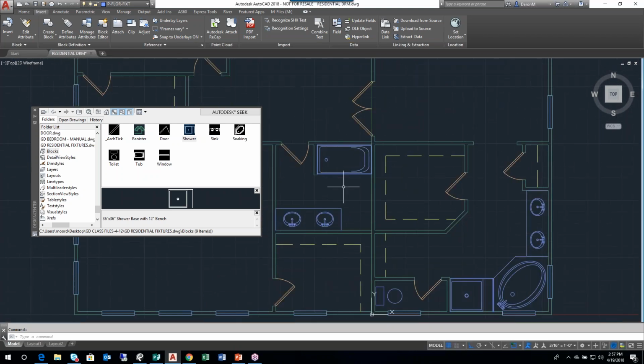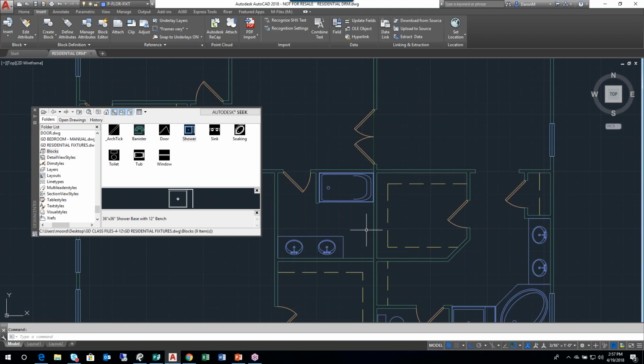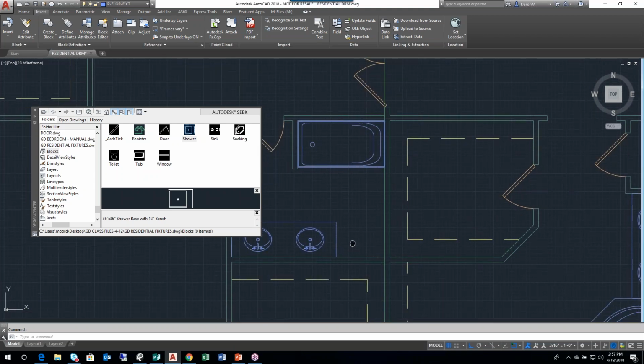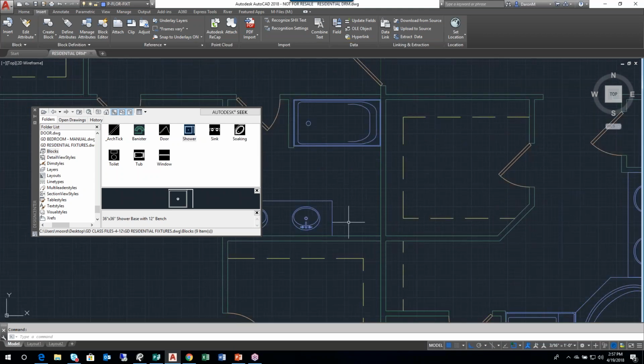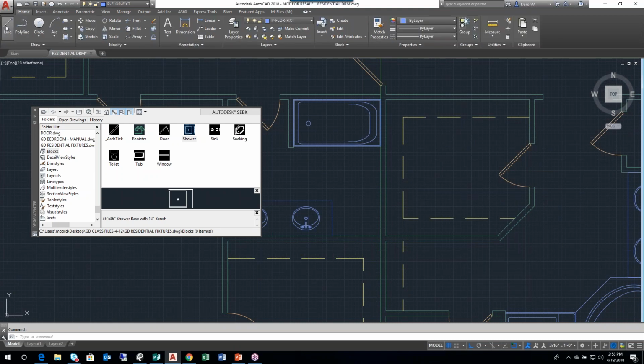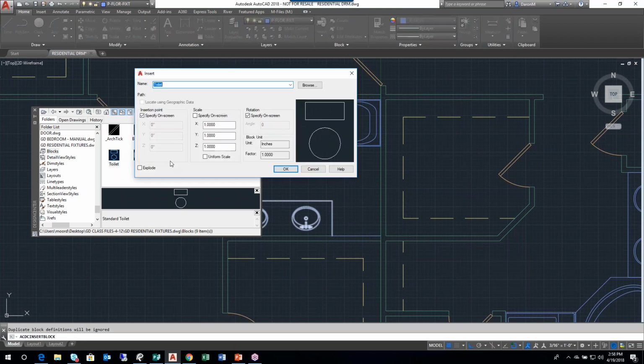One is the toilet block in the hall bathroom, and this one is traditionally a little tricky to put in. There are a couple strategies you can use to put that block in. One is you can just draw a straight horizontal line from the end point of the vanity to the end point of the wall, and that will define a midpoint for us to snap to. As an example, I'll go ahead and go line, left click the end point of the vanity, left click the end point of the wall, and then I'll double click my toilet block,